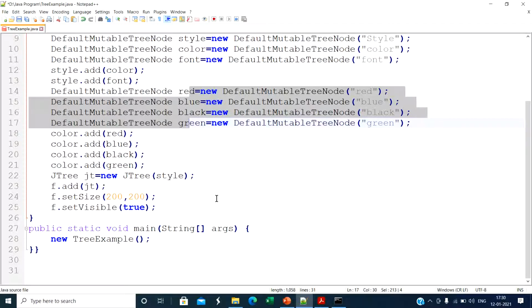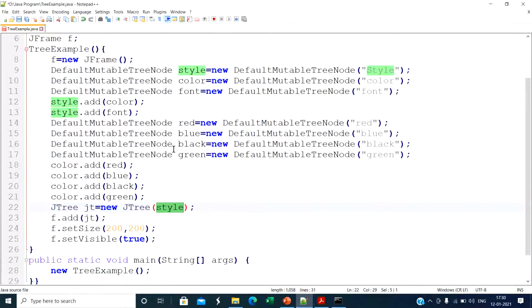Okay, next, this code is very important. Here is one constructor of JTree. We create one object of JTree: JTree jt = new JTree(style). Here this style is the one node that we created at the initial point in the program.